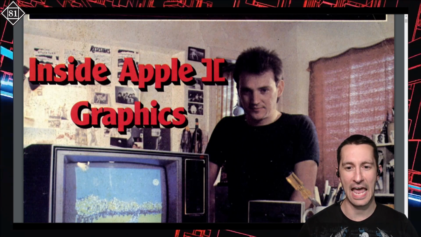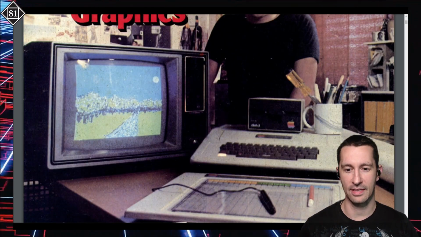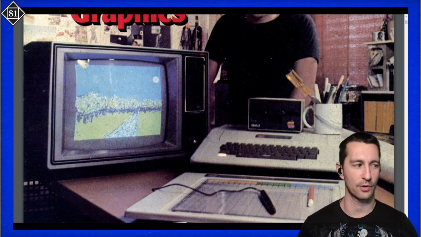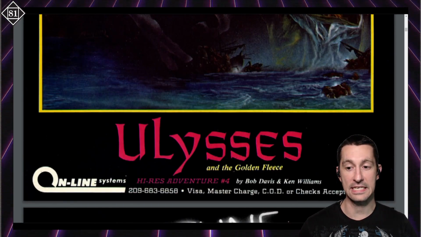Look how happy he is for his Apple II. Oh, he's just so excited. Look at that. Inside the Apple II graphics. And there it is, the Apple II with the pen you can use to draw for the Apple II. That's pretty cool. All right, so as we scroll through, we got a cool ad for Ulysses and the Golden